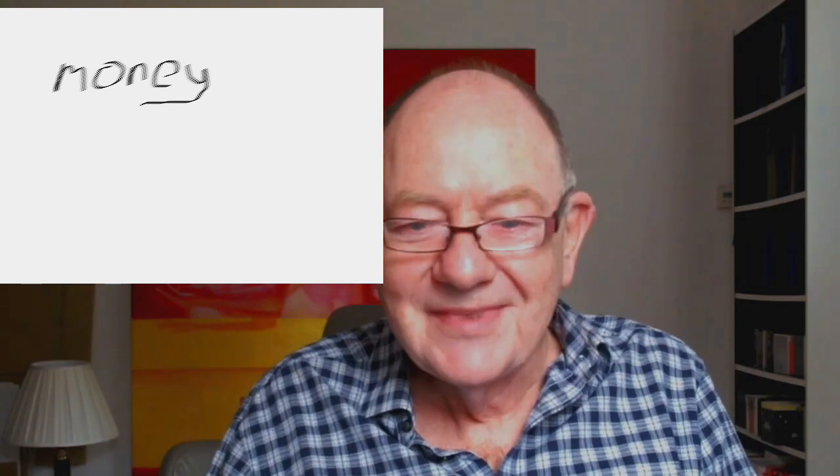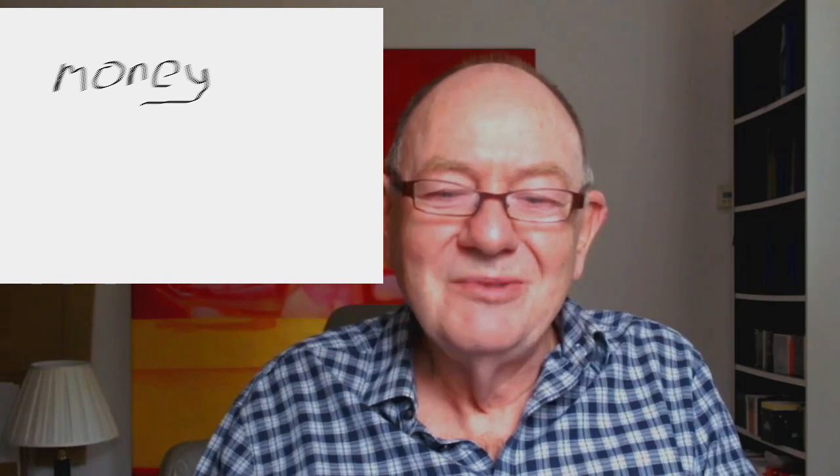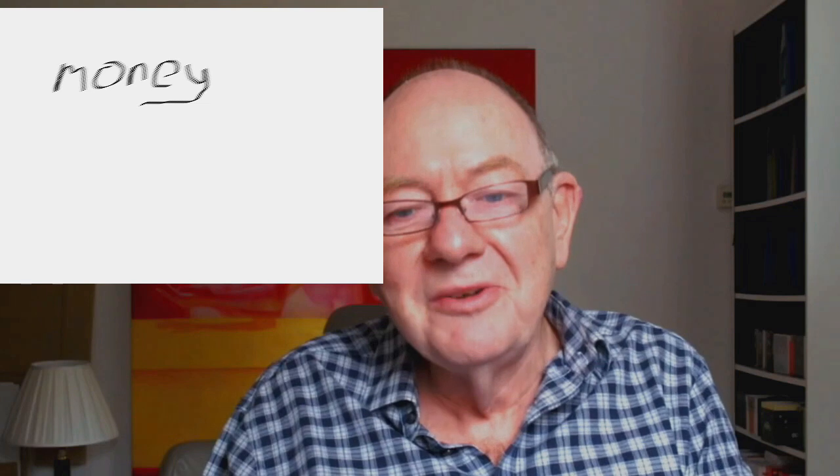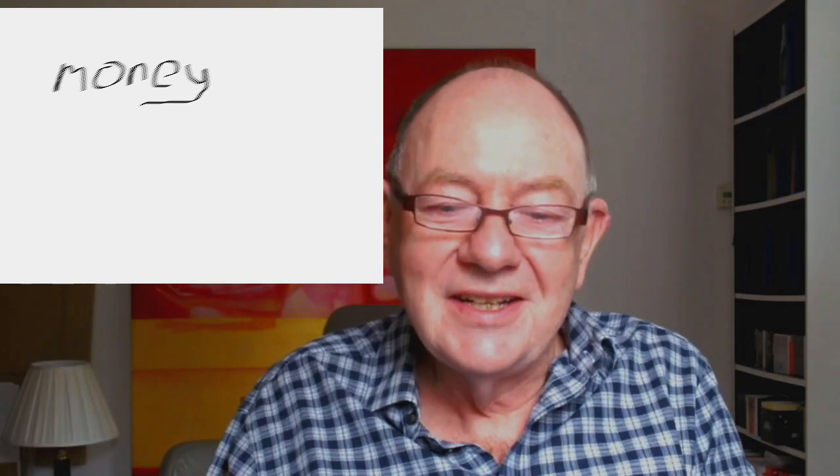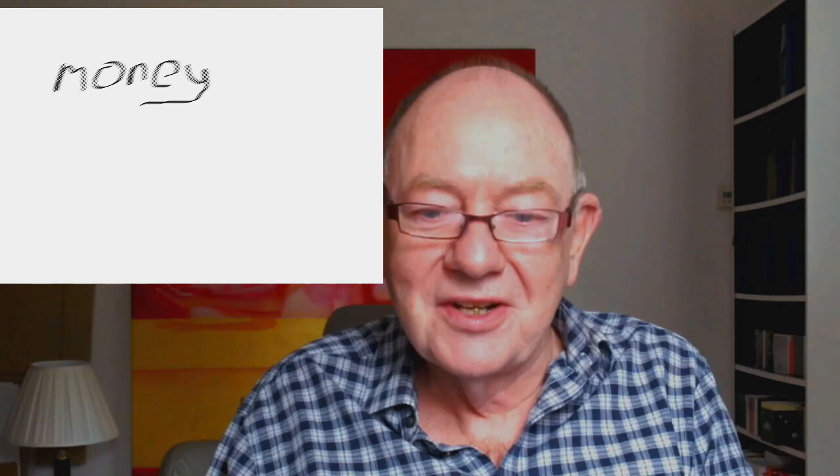Economists can't really agree on how money is created. There are three widely accepted theories of money creation, and none of them agree with each other, and this is what they are. The first one is usually called intermediation, that banks are there simply to take money from one set of people and to give it to other sets of people. Typically, they take it from consumers and give it to businesses. So the banks play no part at all in money creation.